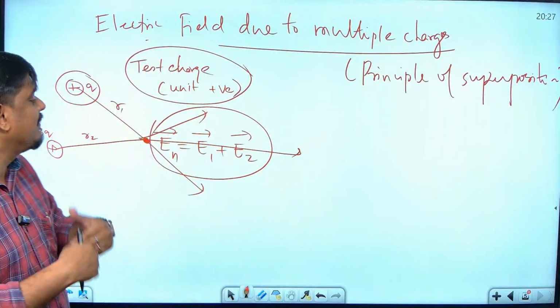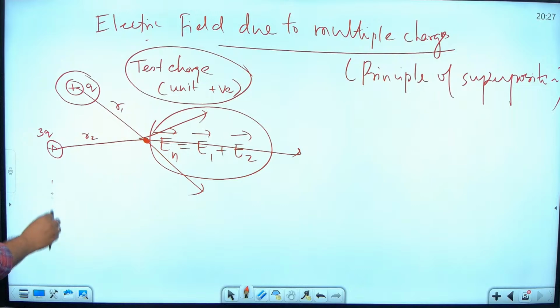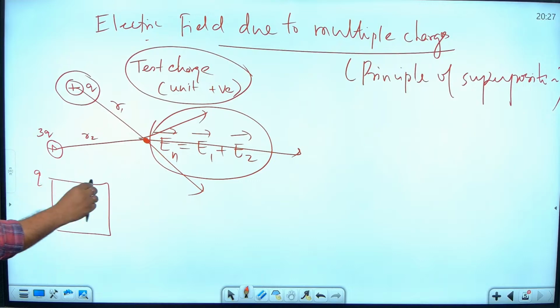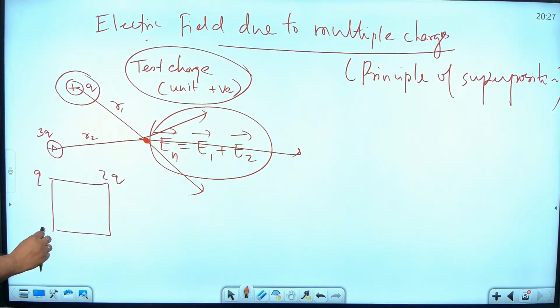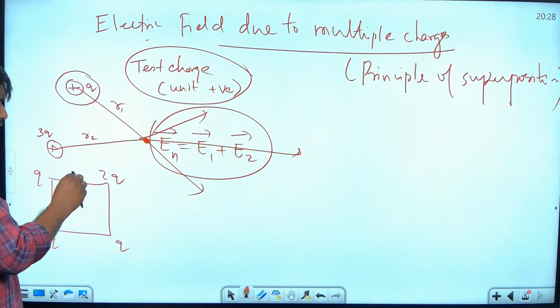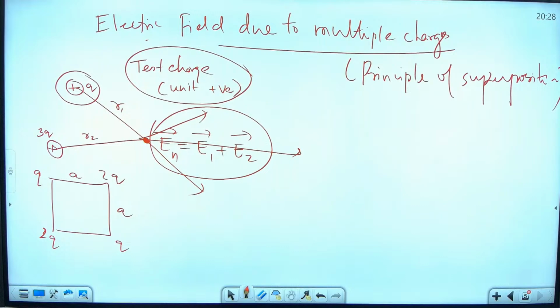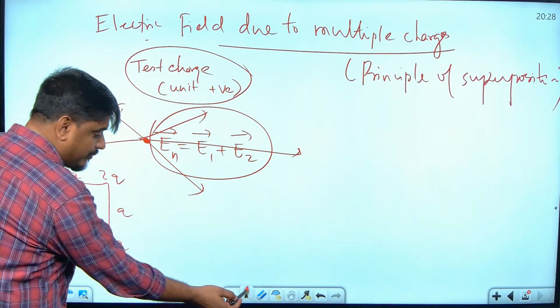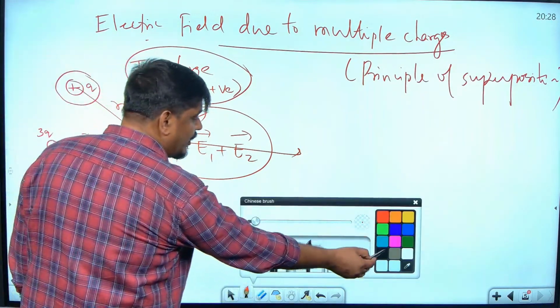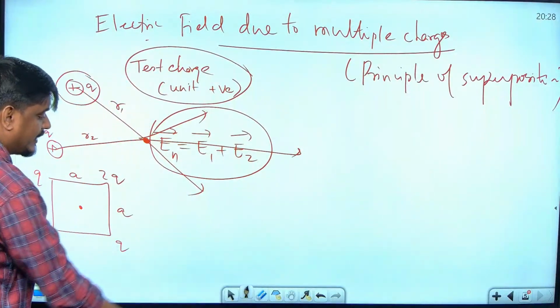So I will give an example to make it more clear. I may give a question like this, where there is a charge Q here, 2Q here, 2Q here and Q here, and it is kept on a square of side a. And then I may ask you, what is the electric field at the center of the square? Yes, so what will happen, see, if I keep a test charge here, which is plus Q naught, then I am going to get